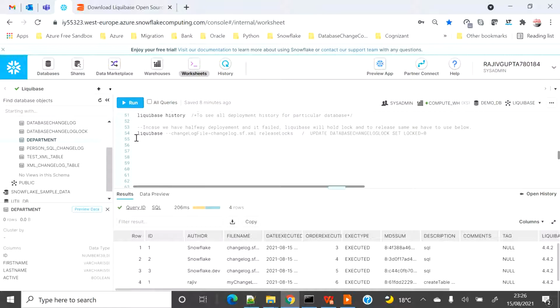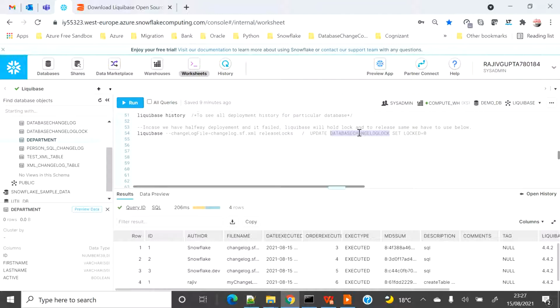The last demo which I want to showcase is that there might be a case where we have written some buggy code which has not been identified for certain reasons, but while deploying, it failed. So as you know, the moment Liquibase starts deployment, it will put a lock on this table, which restricts other users from starting a deployment, and it will remove the lock from this table once the deployment is completed successfully.